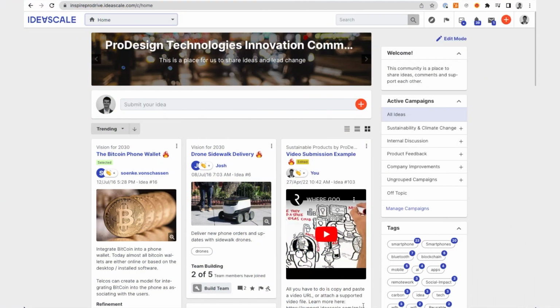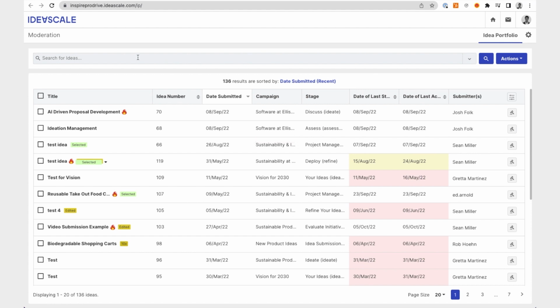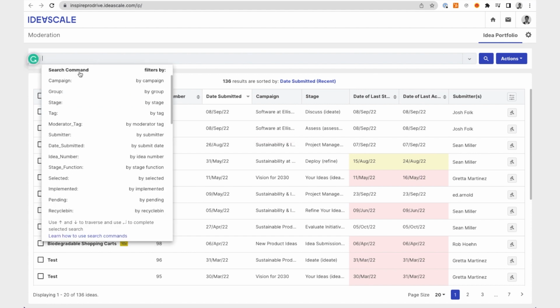The idea portfolio is a moderator dashboard that displays all ideas collected in all campaigns across your community. It can be accessed by moderators by clicking on the profile icon and navigating to Idea Portfolio. From here, just like our member management dashboard, you can click in and search for ideas based on campaign, group,